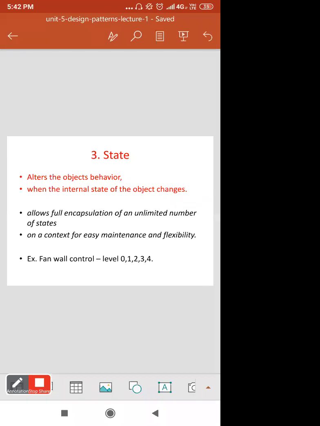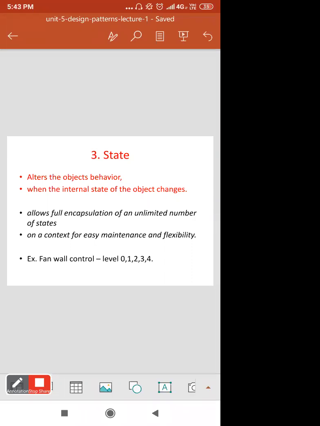So next is the state design pattern. It alters the object's behavior when the internal state of the object changes. Means as the behavior changes, your state will change.